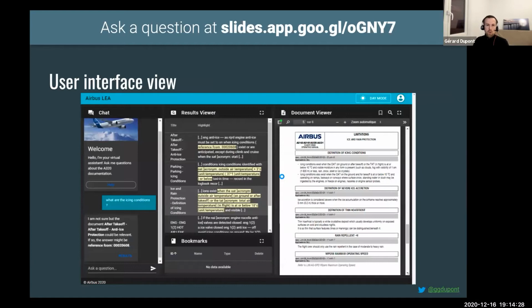In the end, we package everything in this user interface. It's just a quick view, just to understand. On the left part, you have the chat part. I think in green, these are the questions from the pilots, and in dark, these are the answers from the bot. Here you have the list of the documents that are selected by the search engine. It's actually a mix between the document score and the answer score. So it provides an answer, but you have access to all other answers also. And when it provides an answer, it pops up the right documentation.